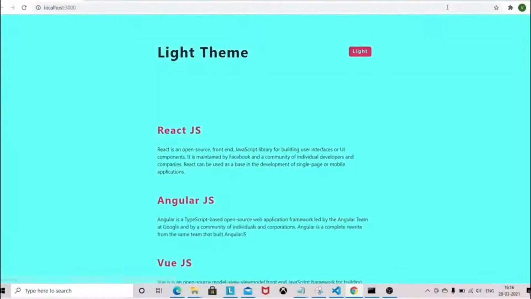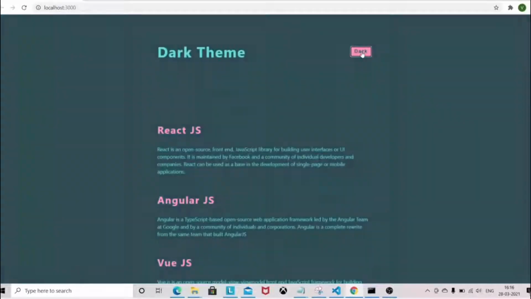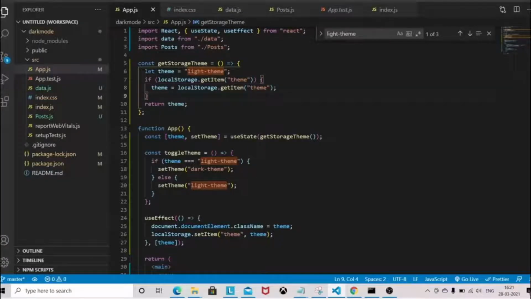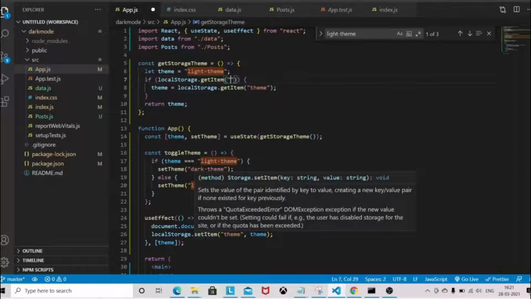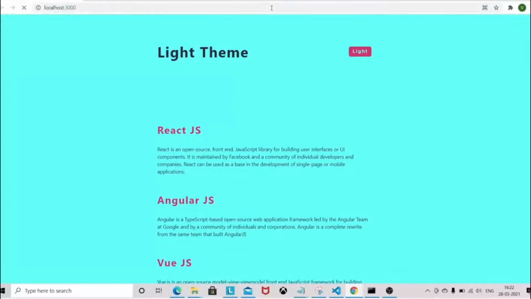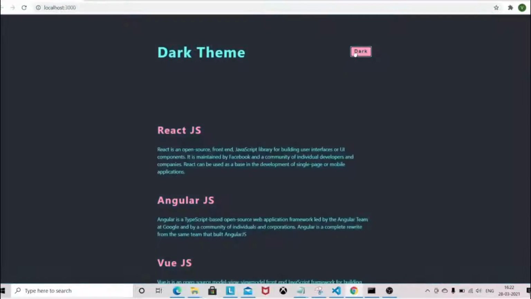And if you reload, the style still persists. So as of now it's not working on reload, so the theme is not persisting. So let's go into the VS Code. As you can see in the useEffect, we have mentioned the key as item. So we need to use theme here, not item. So just update this one and let's reload, and let's change the theme here from light to dark and reload,